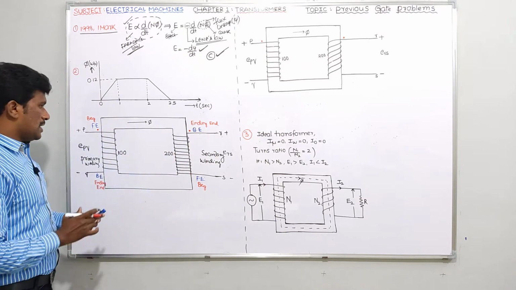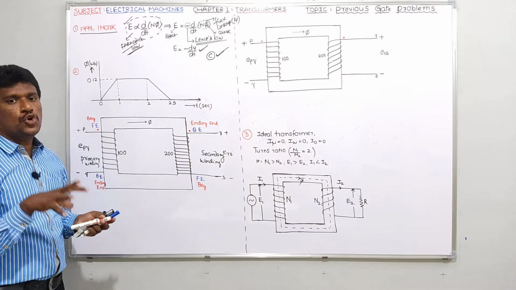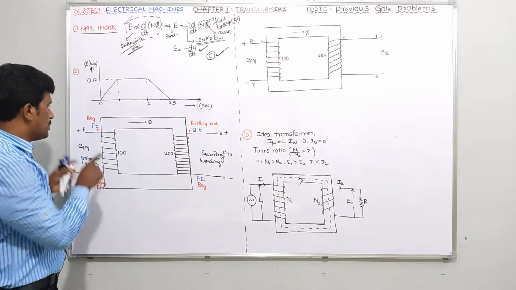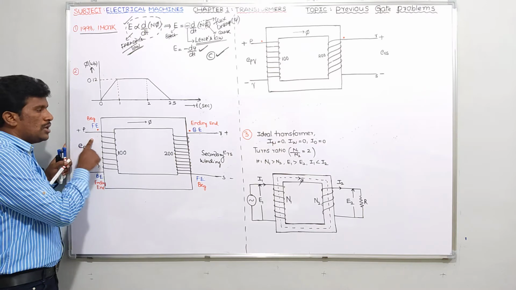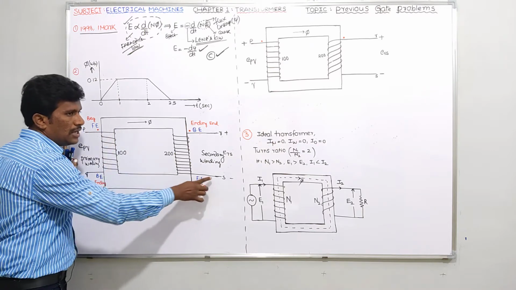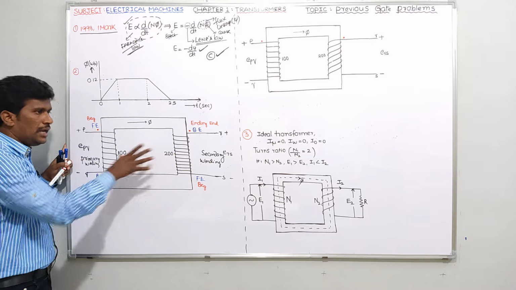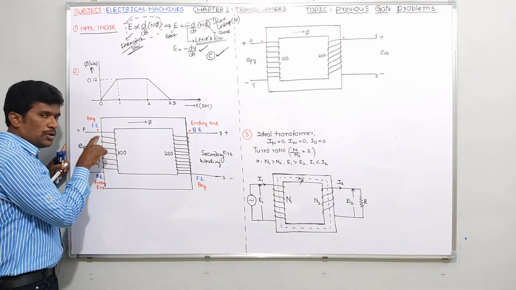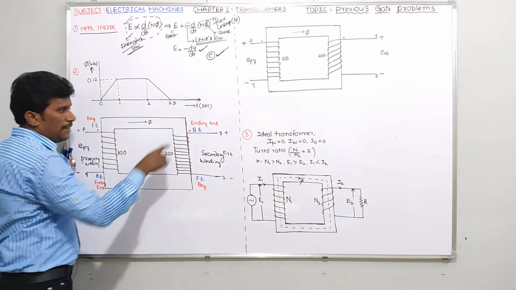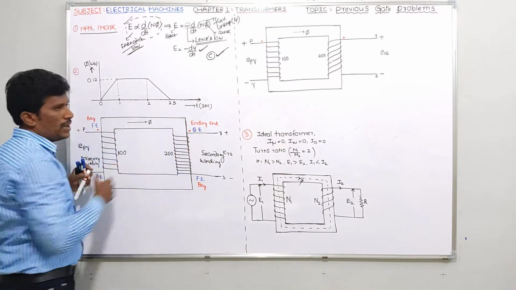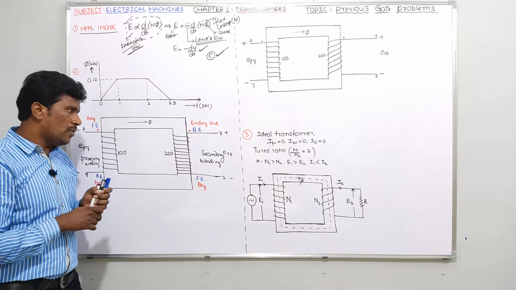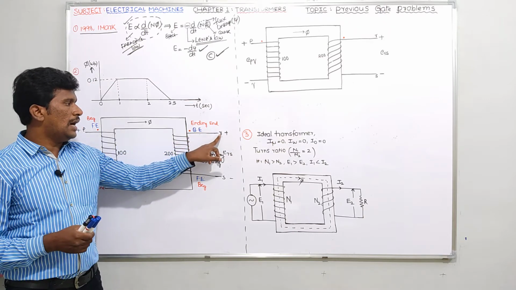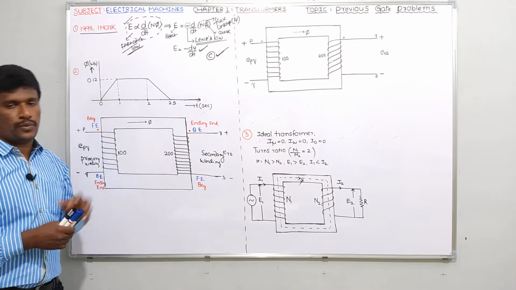Okay guys. Next, one more thing I told you. Assume dots at the beginning end or ending end of the coils. If you assume the dot at the beginning end, you have to assume the dot at the beginning end only in the second coil also. But here, what he has given is a dot at the beginning end in PQ, the primary winding, and a dot at the ending end in the secondary winding. Okay, no problem. Whatever question he has given, please follow and tell me the answer.